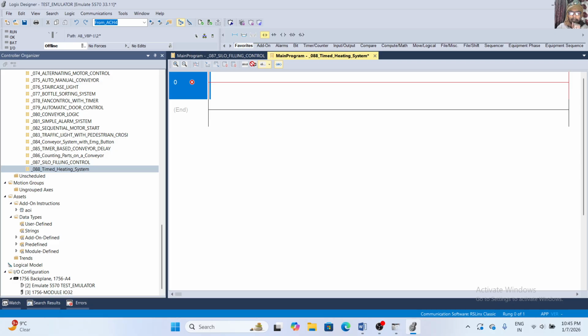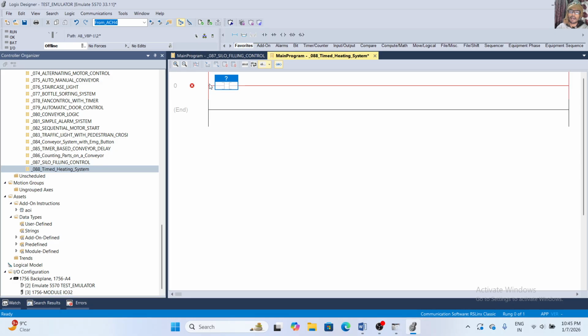First of all, I create a start push button, and when I press the start button, and this is a stop push button, and this is a latch bit, and after that latch it will be on.